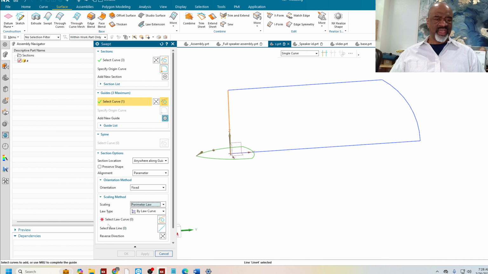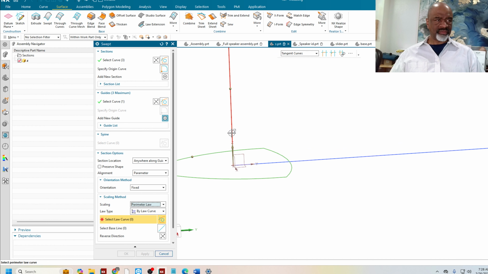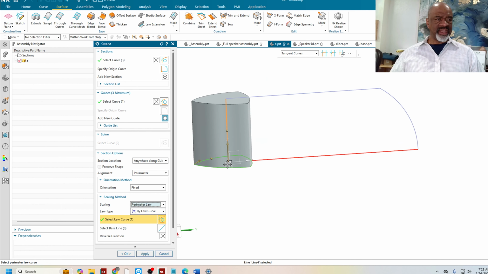Love it. And the perimeter law that I'm using is something called a by-law curve. So the by-law curve has a baseline. This is the baseline, and NX is marching up this baseline. And then it's going to ask this curve right here to regulate the perimeter of this shape. So when I select this curve,